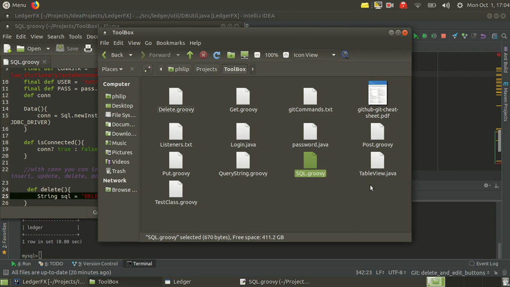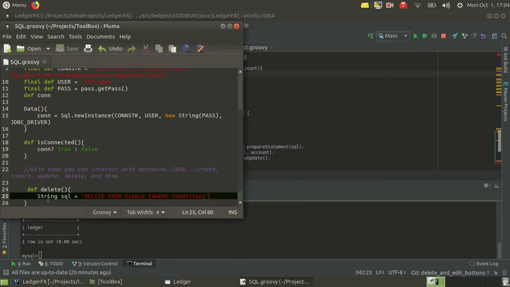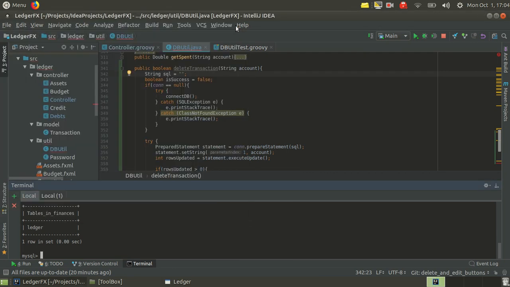It's kind of like a math equation, right? Programming is very similar to mathematics anyway. I write it down in my file and Control S to save, so it's there forever as a reference, right? So we're going to say in here, delete from ledger where